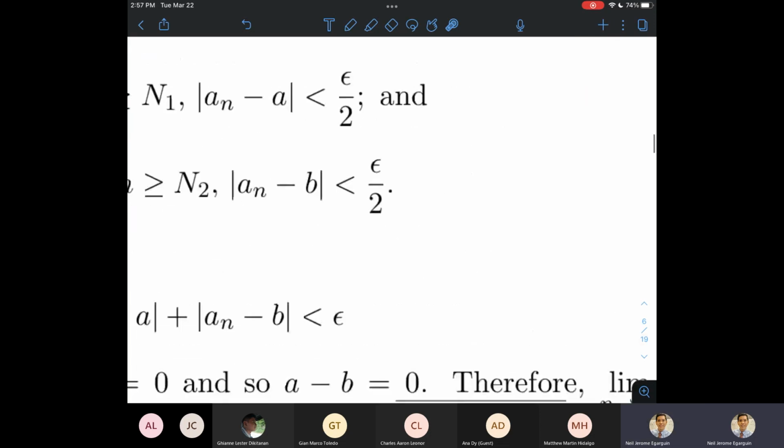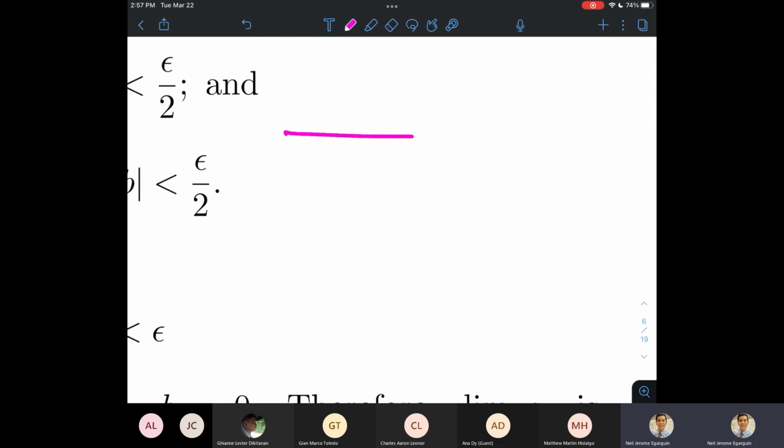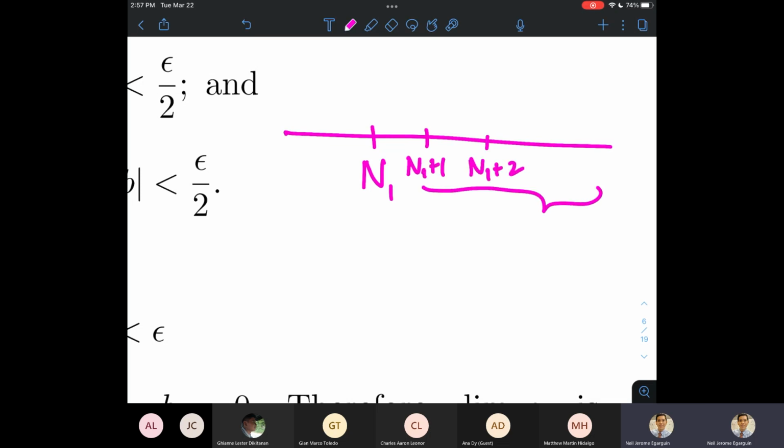Because if you will sort of illustrate this, parang ganito yan. So, halimbawa ito si N1, sure tayo by the definition of the limit na kapag lumampas ka na kay N1, so nandito ka na kay N1 plus 1, N1 plus 2, and so on. So ito yung mga capital N's natin. Totoo yung inequality na absolute value ng AN minus A less than epsilon over 2. Okay? Kaya lang,